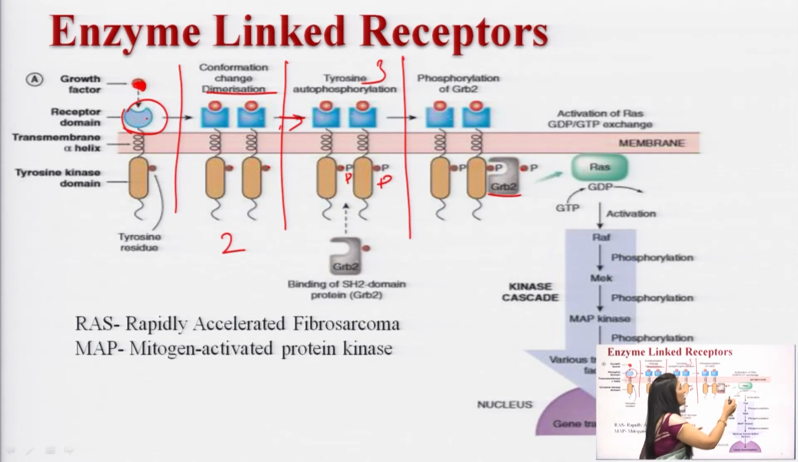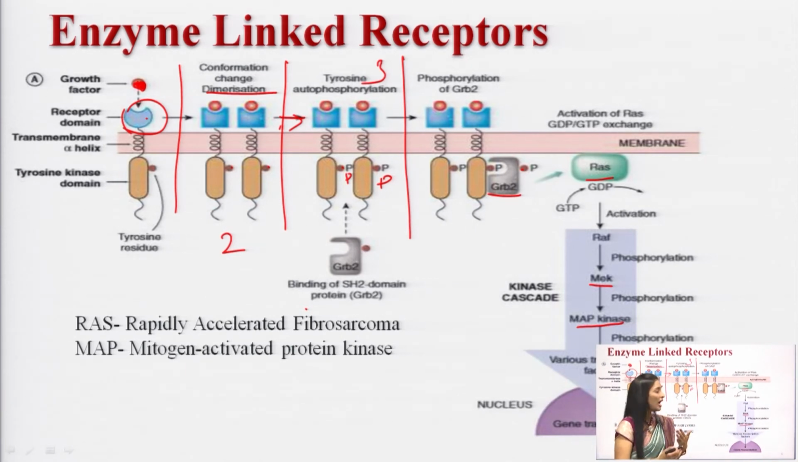This RAS pathway will be present in an inactive state. Normally the RAS will be attached with the GDP. Once GRB2 has been activated, this GDP will be replaced with the GTP. Now the RAS has been activated, and this activated RAS will phosphorylate the RAF, and the RAF will in turn phosphorylate the MEK, and MEK will in turn phosphorylate the MAP kinase, and finally you can see the